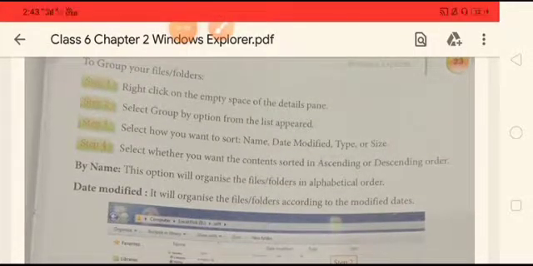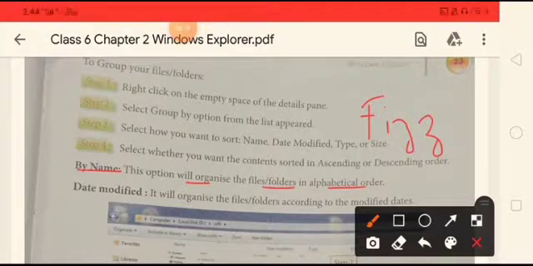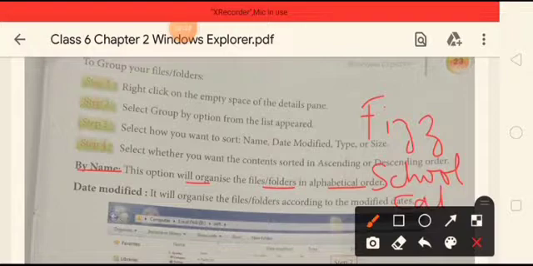We'll do it again, but for now, let us understand how can we group our files and folders by name. This option will organize the files and folders in alphabetical order. Suppose one of my file name is Fizz and one of my file name is School and one of my file name is Cat.